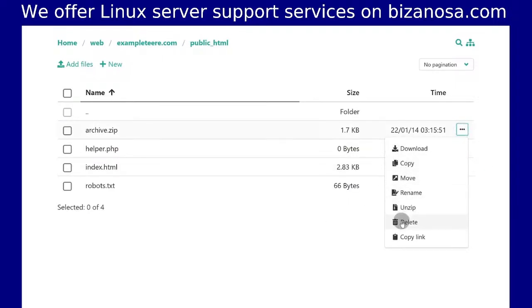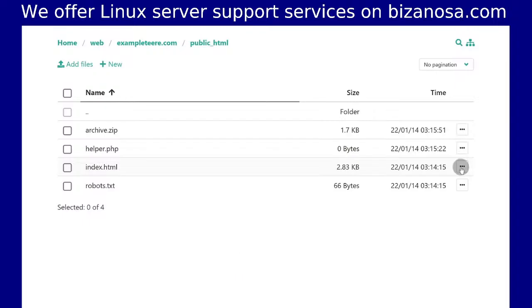You can unzip. Just because it's an archive, let's select a different file. And if I select a different file, I can download, view, copy, move, rename, and so on. You can copy the link and share the link if you want to do that. You can see it's a very simple file manager to use, and that's how to use the file manager for